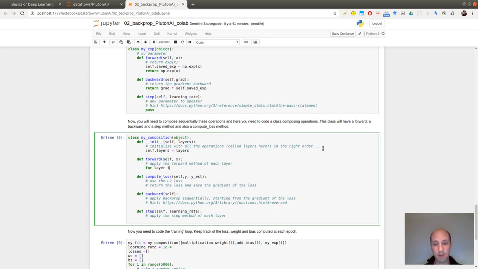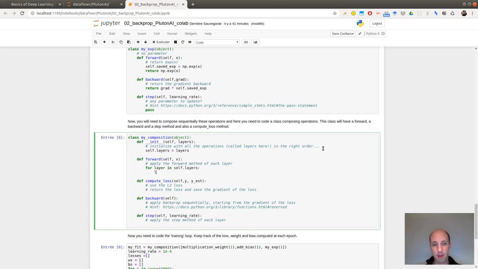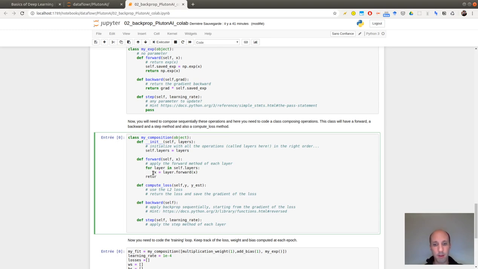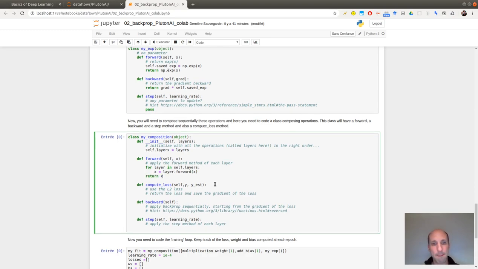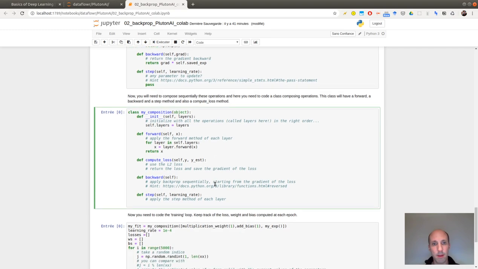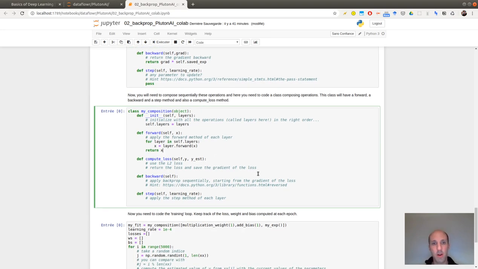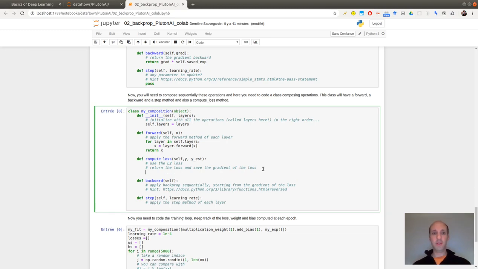For layers, I'm... oops. Return x. Computing the loss. Return the loss.